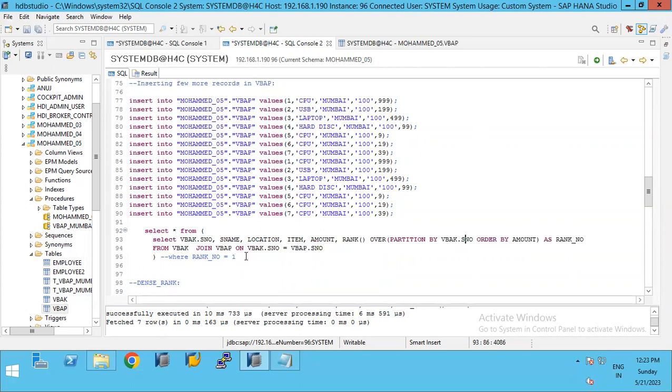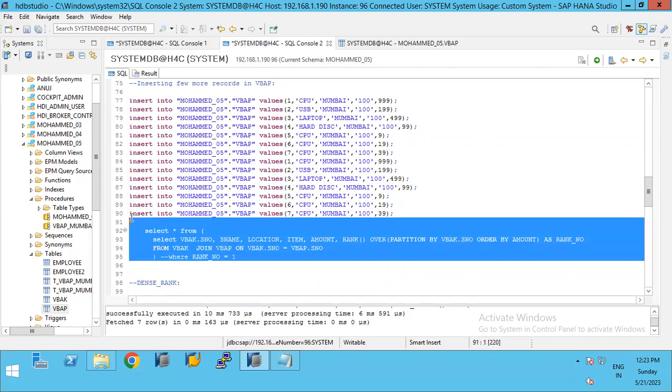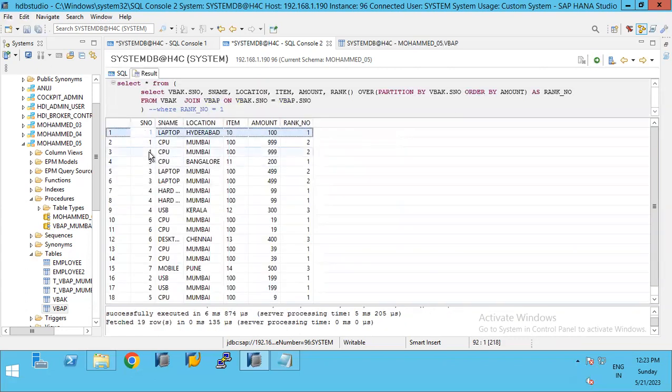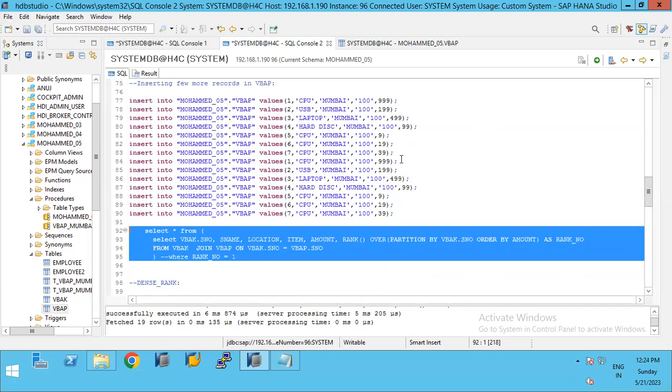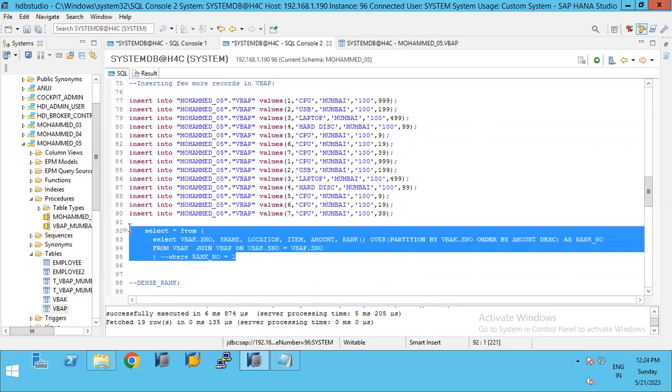What happens if I execute this one? This is a subselect, we know, right? First this subselect gets executed and the output of the subselect will be the input of the select statement. It's there in part 1. Let me execute this one and show you. See, for every partition, rank is getting generated here. Let me do order by descending, which is a good example to understand. If I execute it,